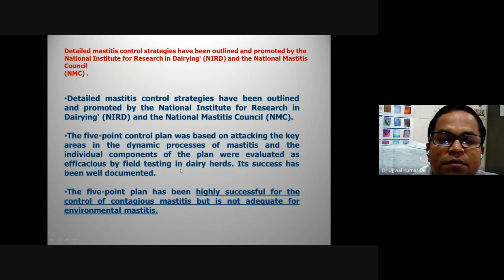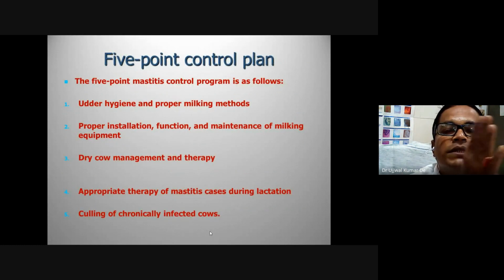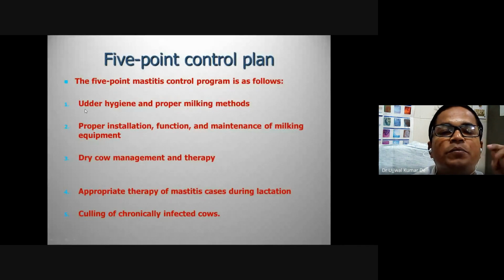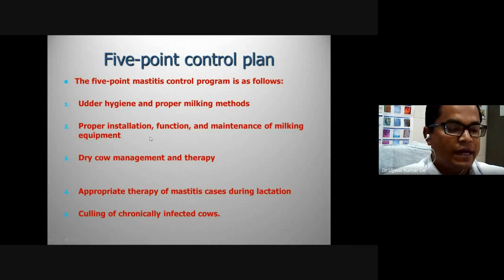Then there is the environmental type. Then what is the 5-point mastitis control program? First is udder hygiene and proper milking method. Udder hygiene means cleanliness of the udder is important. Pre-teat dipping practice, post-teat dipping practice, like that. Proper milking method, like